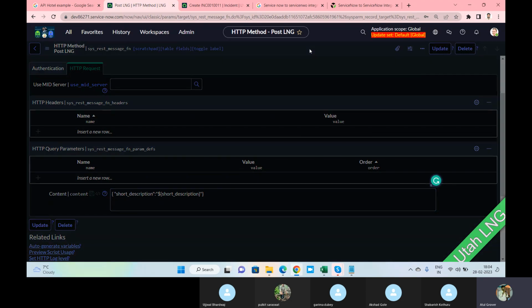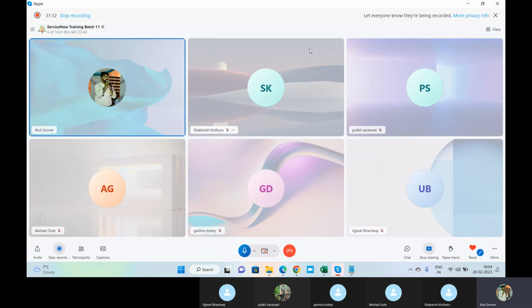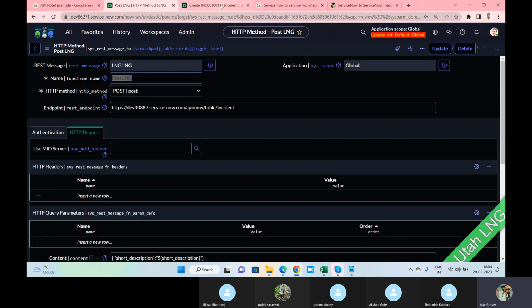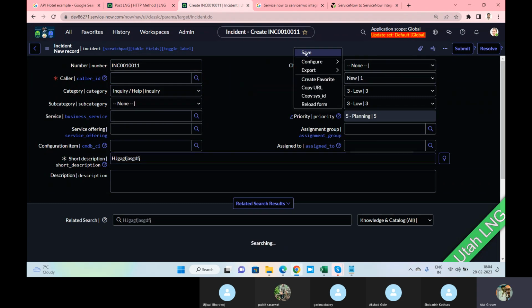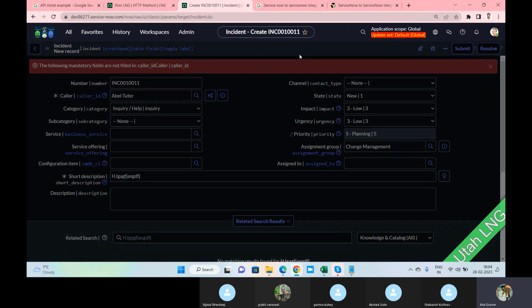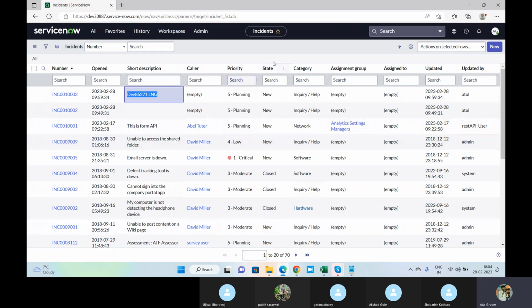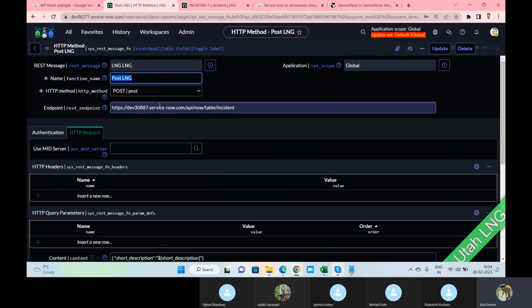Now the question comes, this is a static one because we are doing it from the API part, right? What is the business requirement? The requirement is that if I go here and create a ticket and click on submit, it should get created in this instance. Now if you see, it did not get created, because what we have done till now is create a static API. Now what needs to be done?